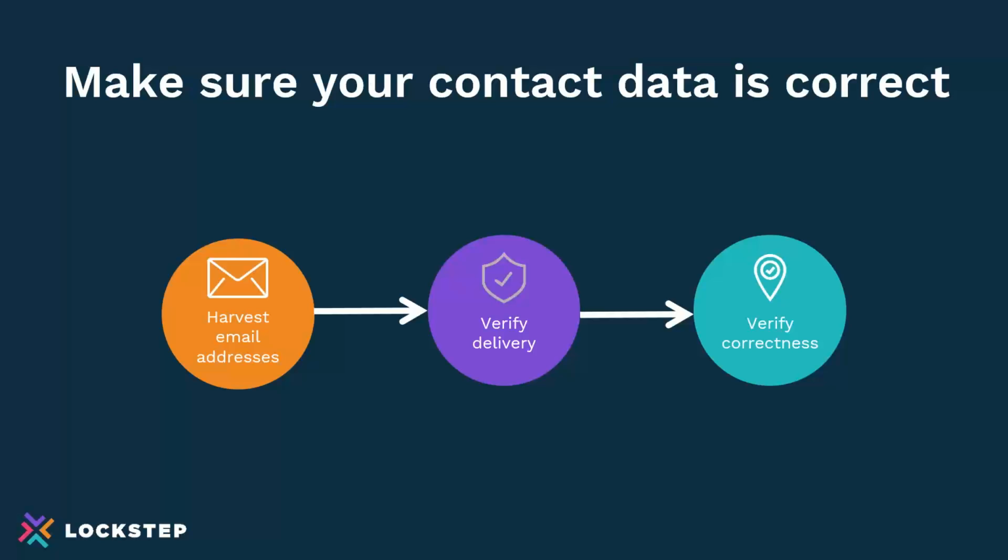There's a way to harvest emails for missing ones, having a process by which you get those in and make sure that every account has a proper email address. Being able to quickly verify those. There are tools like BriteVerify that can quickly do that, and that's what we use with our customers. And then verify correctness, asking people to say, is this the right accounts payable department address? So getting the customer to confirm that this is correct as well. So that's kind of a number one best practice: is your data correct and up to date?